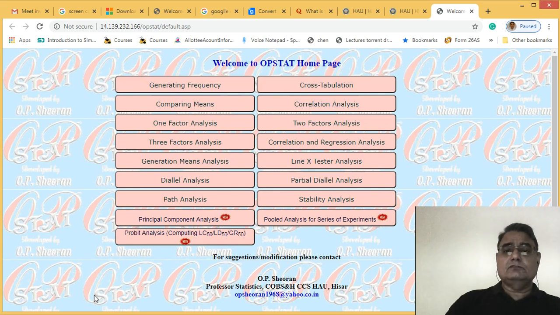If we tabulate all such responses in the form of a frequency table, then we can interpret our data more precisely. Similarly, for cross tabulation, sometimes we are interested in finding out the association of attributes, how attributes are associated, whether they are associated or not. If associated, then how can you test them? So cross tabulation is nothing but a two-way classification of attribute data.